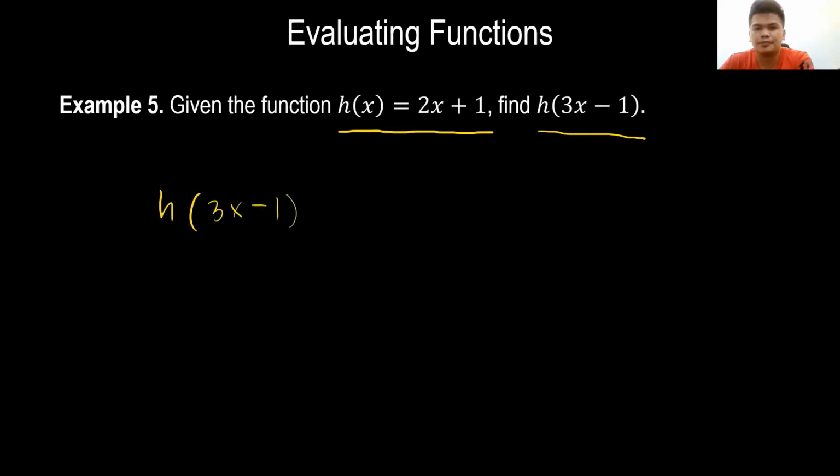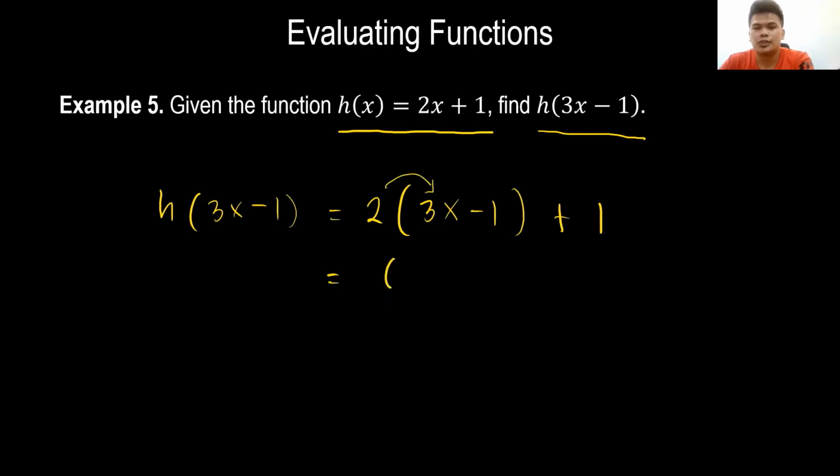Then plug in our input into every x variable of our given function. So this gives us 2 times. Just simply plug in 3x minus 1 to the x variable of our given function. So we have 3x minus 1, plus 1. So here we have 2 times